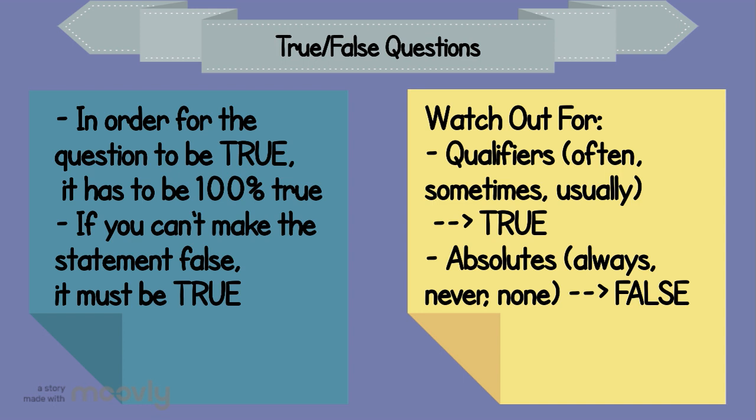Try to watch out for qualifiers and absolutes. If the question uses qualifiers, such as often, sometimes, or usually, this statement is likely true. But if the question uses absolutes, such as always, never, or none, the statement is typically false. These can be tricky questions to identify, but this is why it is helpful to read the questions carefully and